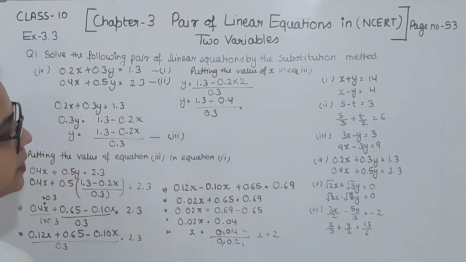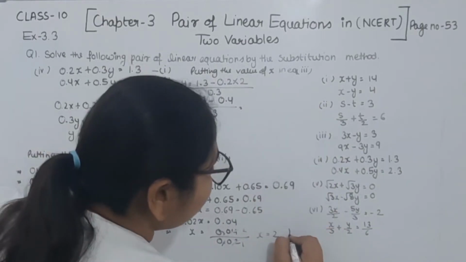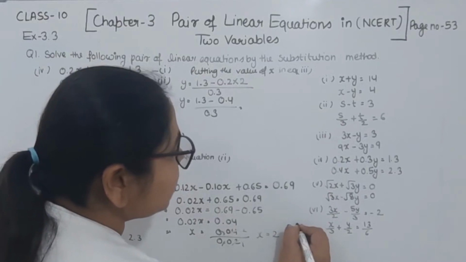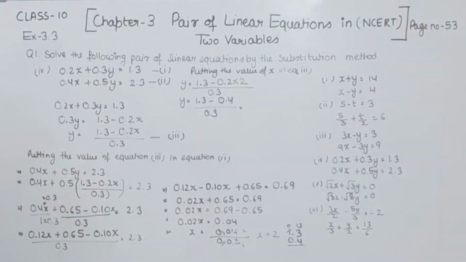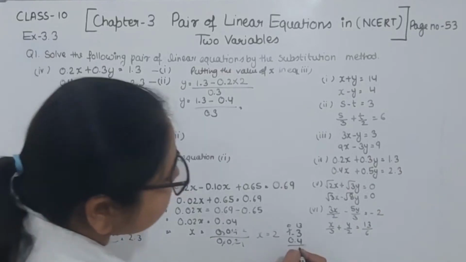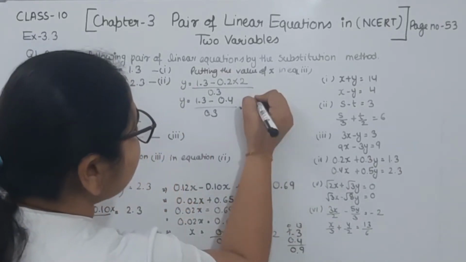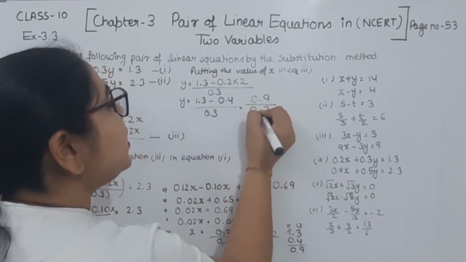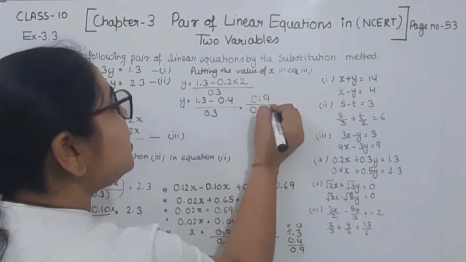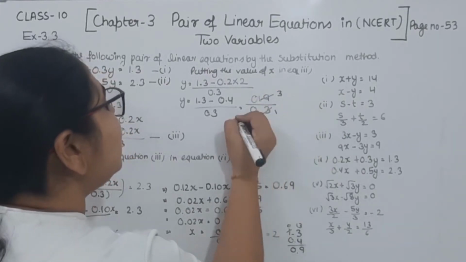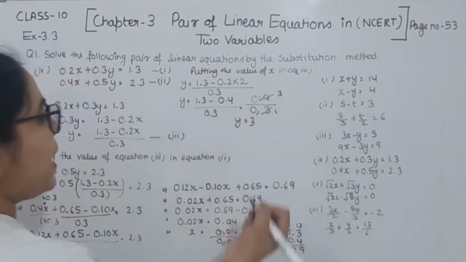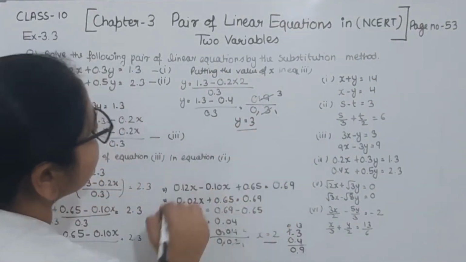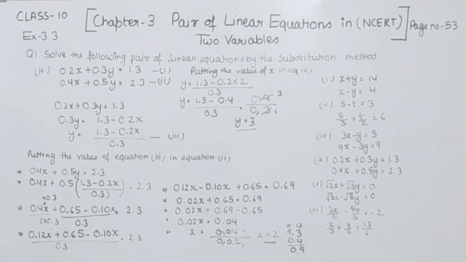Now if you have multiplied this by 0.4, here we have 0.3. To subtract, we have 1.3 minus 0.4. So here we have 0, I am going to take a carry, we will have 13 here. Now 13 minus 4 equals 9. So the remainder is 0.9. Now to divide this by 0.3, the decimal is cancelled, 3 ones are 3, 3 threes are 9. So the value of y is 3, and the value of x is 2. So this is part 4.